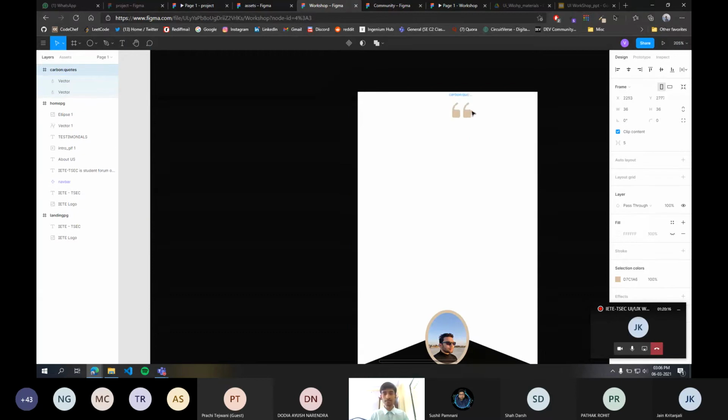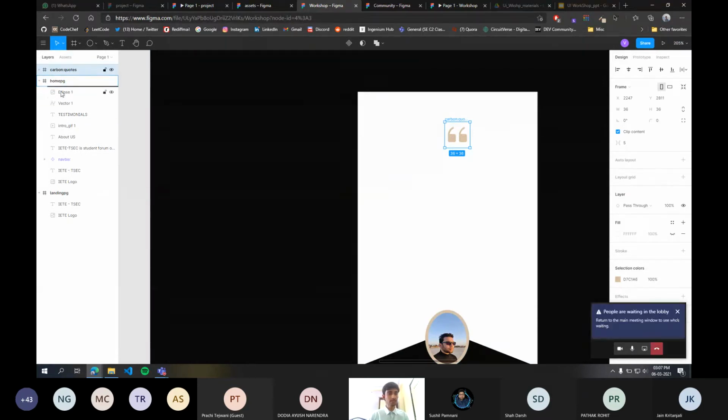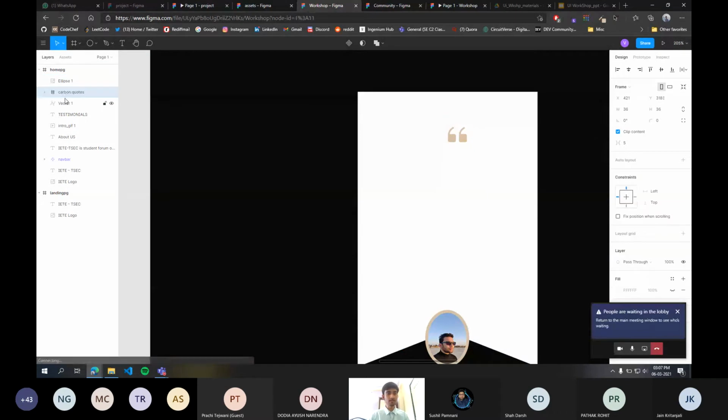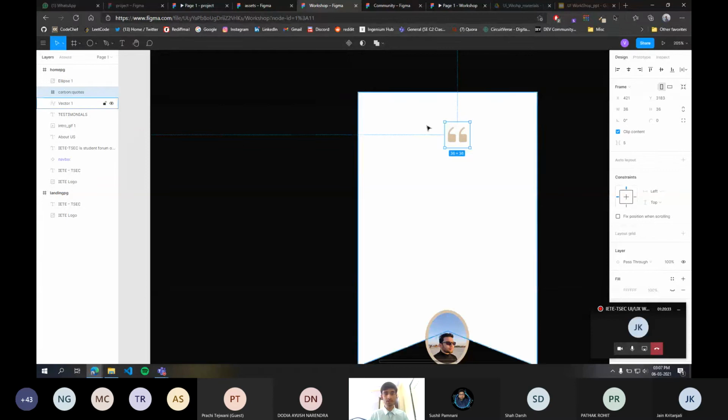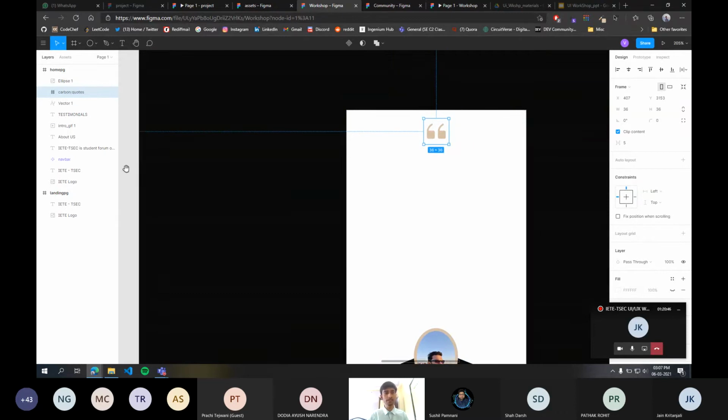Now the reason why there are no guidelines over here is that it is outside of the home page, so what you can do is just place it over this vector. From the layers tab, you could change the order. You can see the guidelines are now visible. Initially they were not because it was outside of your reference frame. So this layers tab helps you to rearrange the order of the elements.